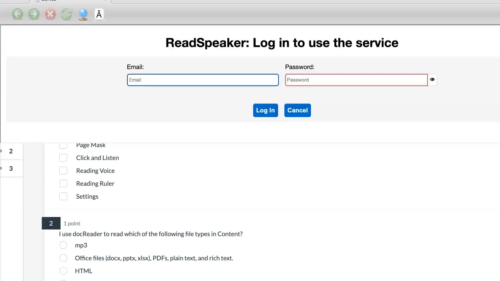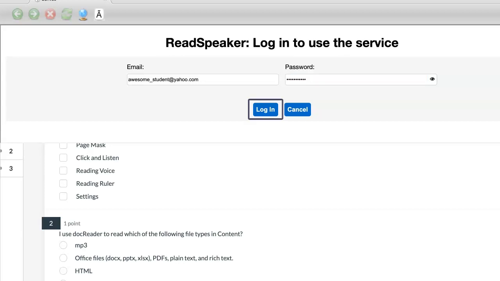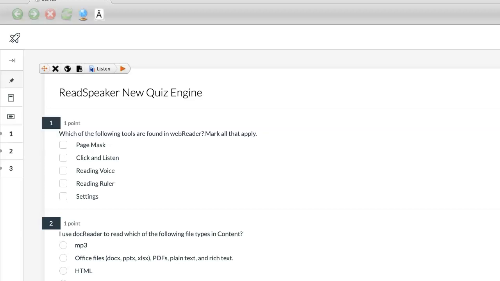On the top of your Respondus screen, you will see the login screen for TextAid. Type in your TextAid username and password, then click Login. The bookmarklet will appear on your page. Remember, the bookmarklet requires you to highlight material, and then click Listen. Position the player where you want it on the screen.